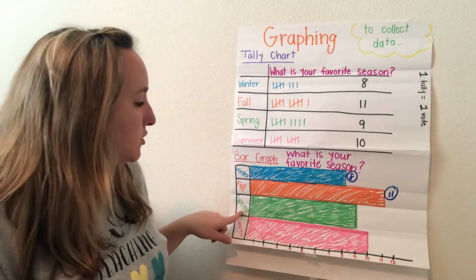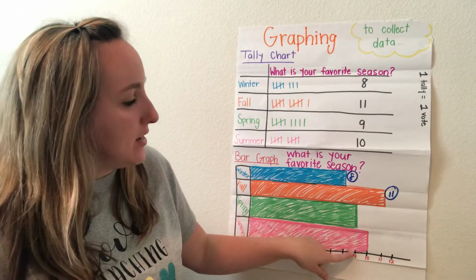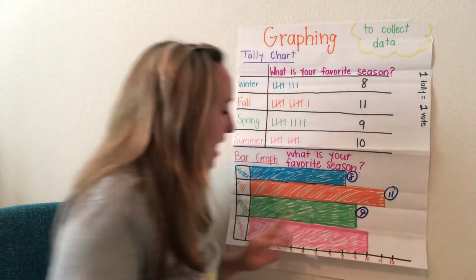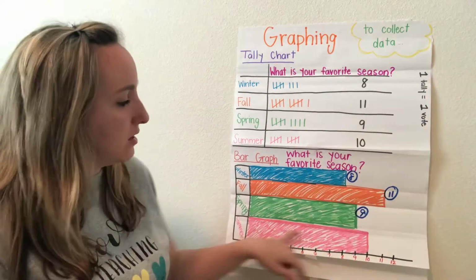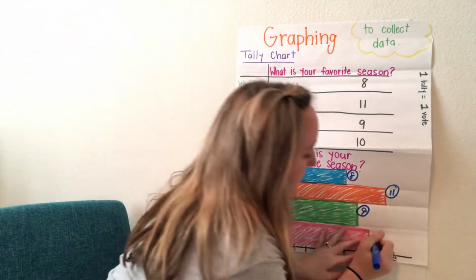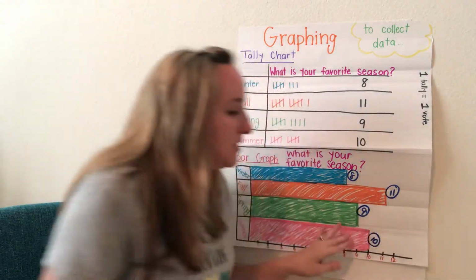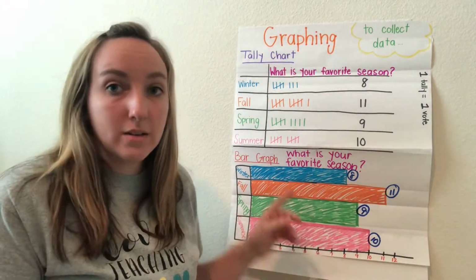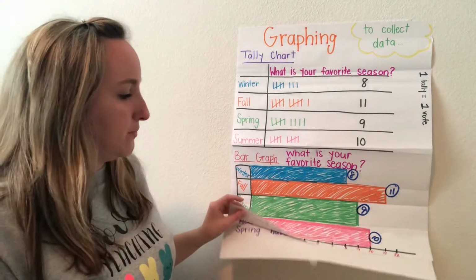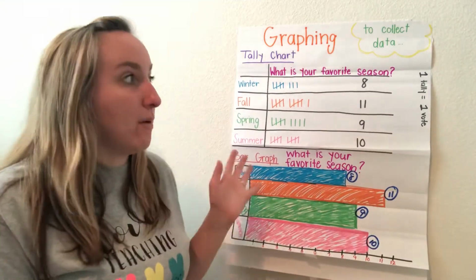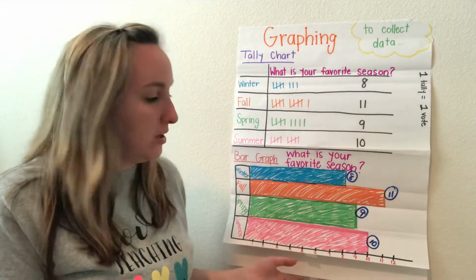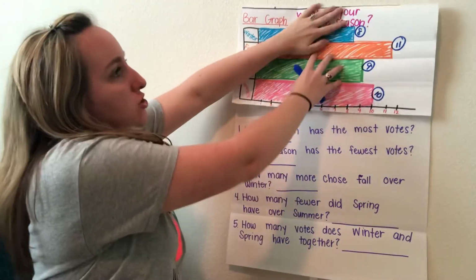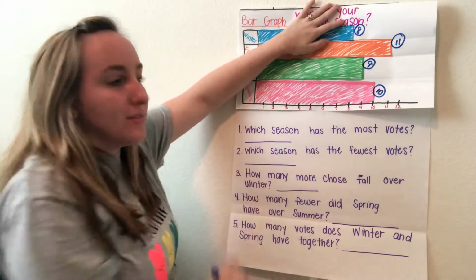I'm gonna do the same for spring. Spring, there are 9 votes. And then for summer, there are 10 votes. This is a good strategy to use to make sure that you have the correct number of votes on your bar graph. So now I can take this beautiful bar graph and then I can answer some questions regarding the